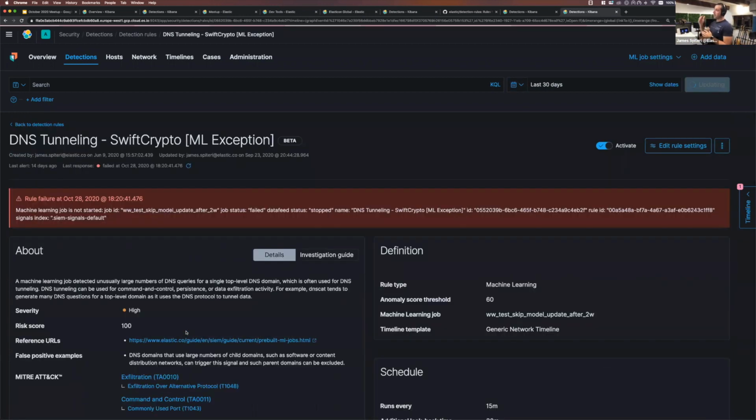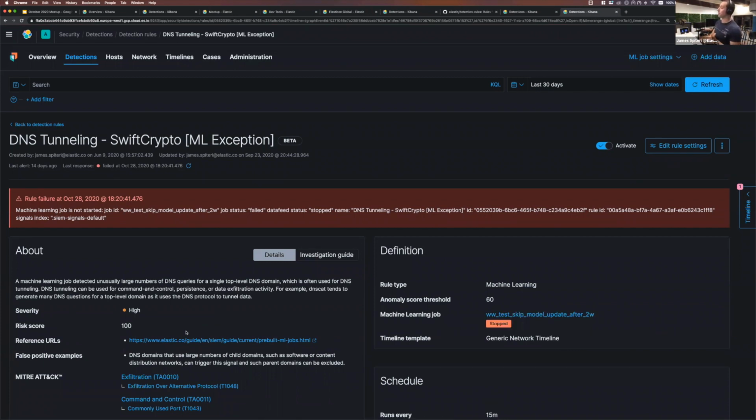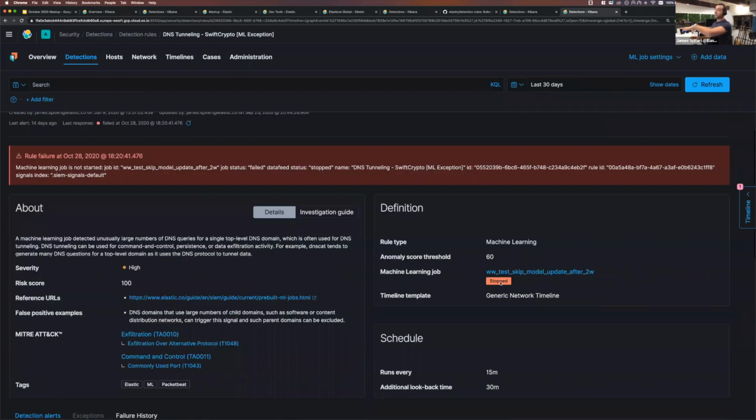And I have this one failing deliberately because I wanted to show you as an analyst how evident it is that they have a rule that isn't working. I think that's as important as having a rule working, being told. So in this case, it's not working because the machine learning job isn't running in the background. And you can actually see the status of that here as well. Now, since our machine learning runs in batches of time, basically it's saying it's stopped, so it's not running. So I did want to talk to you a bit about and show you that as well.